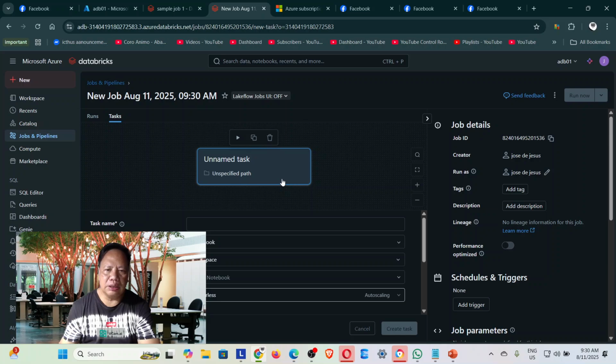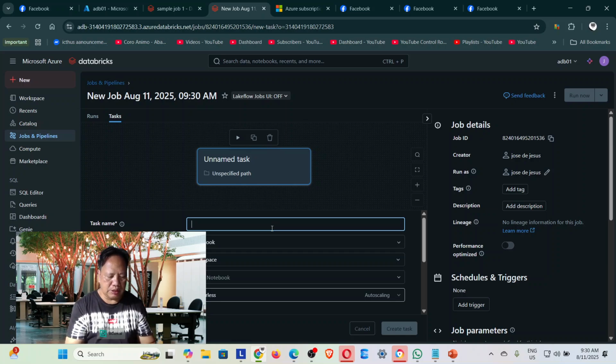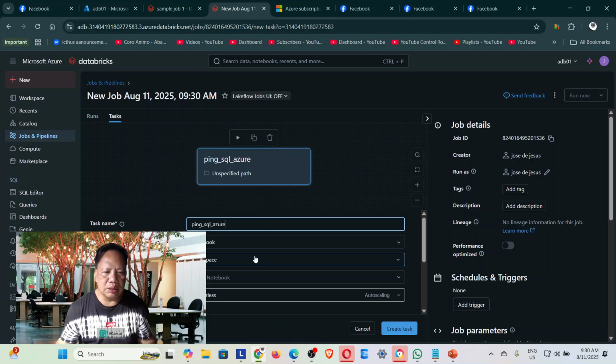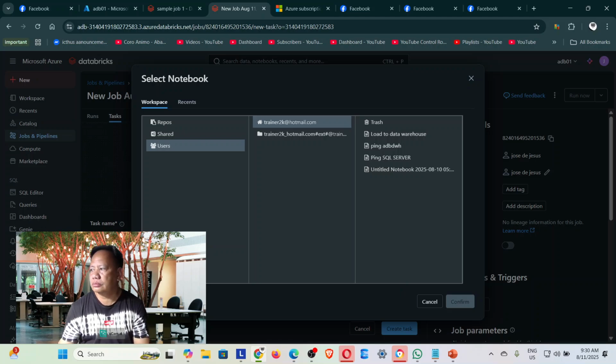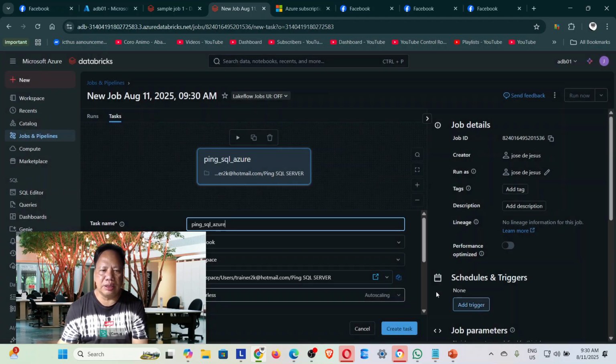And then so here you can ping SQL, and then it's a notebook, and then that's the workspace, and we just need to select that and confirm, and then we're gonna add task,